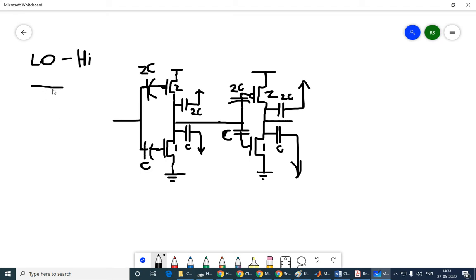So if I want to draw the equivalent circuit, I will start with one resistor. Okay, and at the output node, what is the total capacitance? Now this is a very important question. Okay, this is the equivalent circuit for the low to high transition. There is the resistor. What is the value of the resistor? That is whatever is this single PMOS transistor. That is going to be 2R divided by 2. So we know that the resistance is just going to be R. Now what is the capacitance?